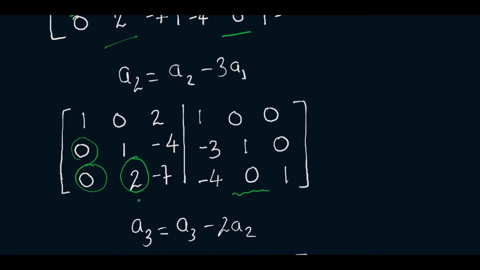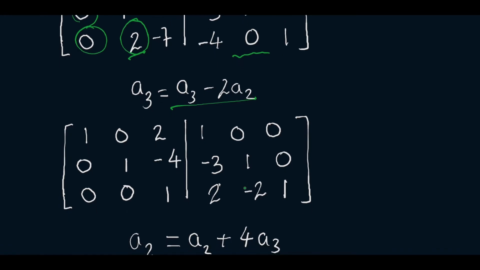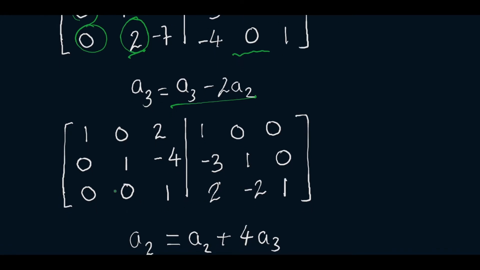Now what we will do is we need to remove this 2 to 0. So we will be doing this row operation. We will remove 2 times of A2 to get 0 here. And similarly this identity matrix, this 0 will change to -2. Now we have got our matrix in the upper triangular form. Now we need to eliminate the two remaining portions to get this into the identity form.